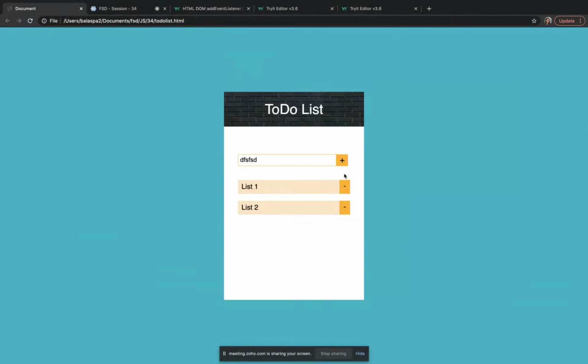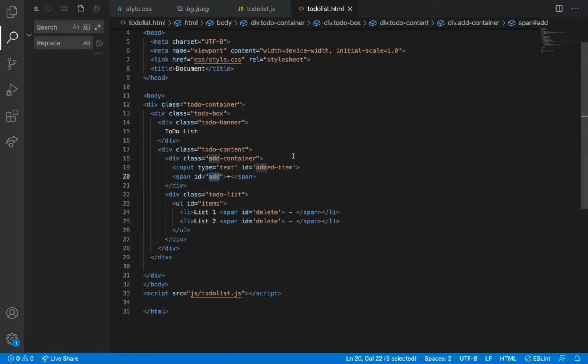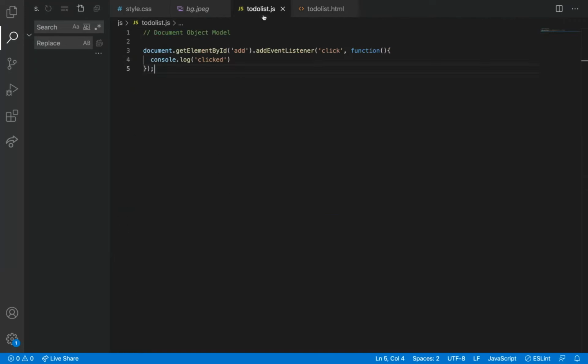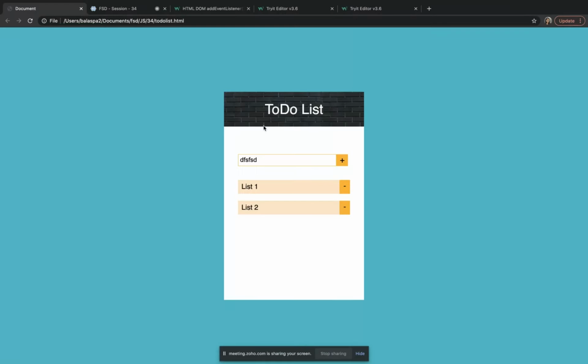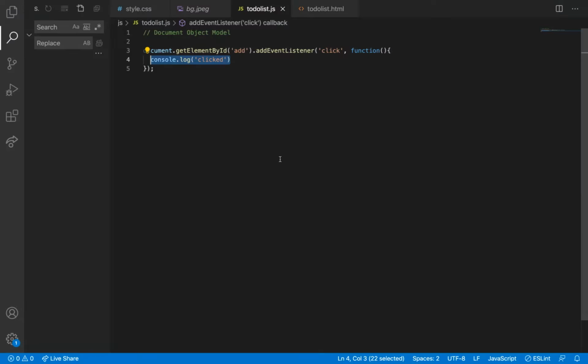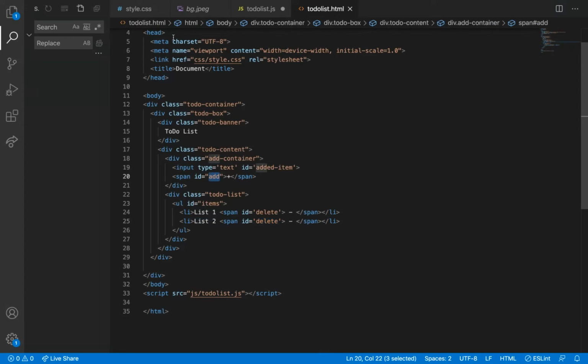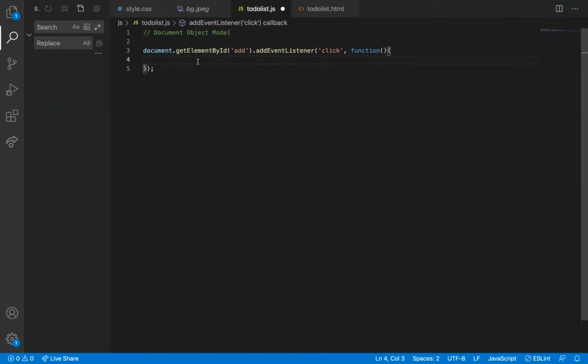So what I'm going to do is, if I'm clicking, I need to add one list item to it. Just follow me. What I want to add in that list, I need to get this value and then I need to put it inside. So first I'm going to get this value. You all have already studied this. I need to get this element and then get the value out of it.